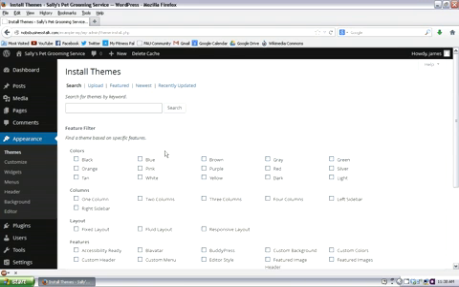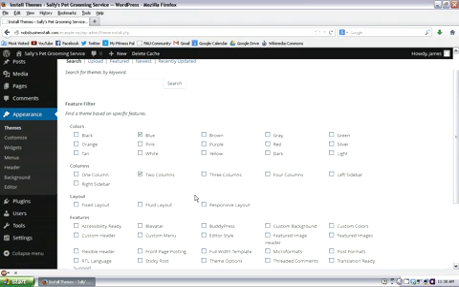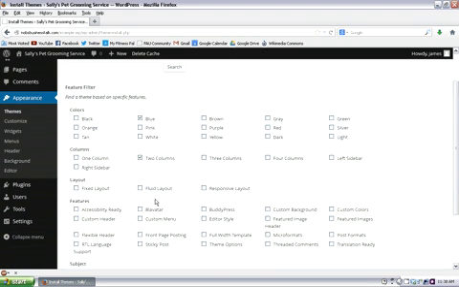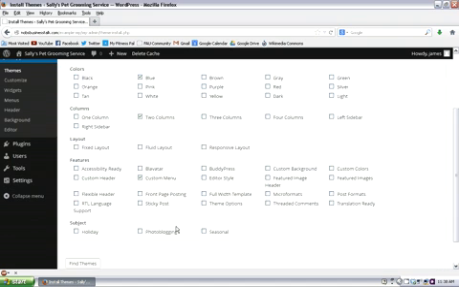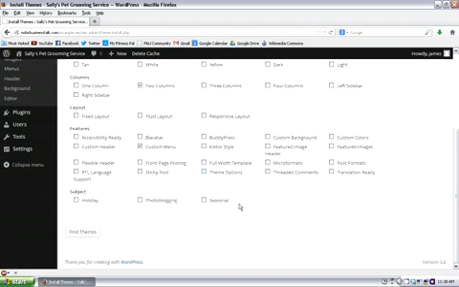So let's look at this, and I'm just going to choose a simple color, blue. I'm going to request that it be 2 columns, and from there I'm just going to ask that it has a customizable menu, and that's it. There's a whole bunch of other options. You can play with them here if you want, check them, uncheck them, but at the end, once you're done doing all that,